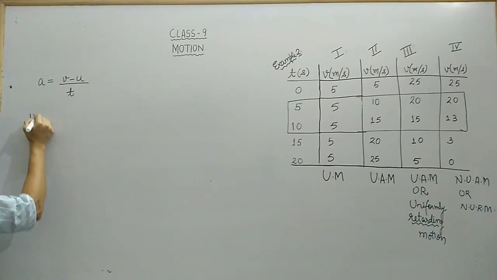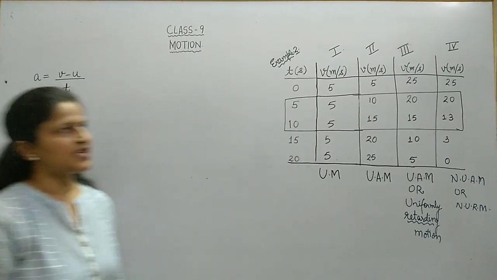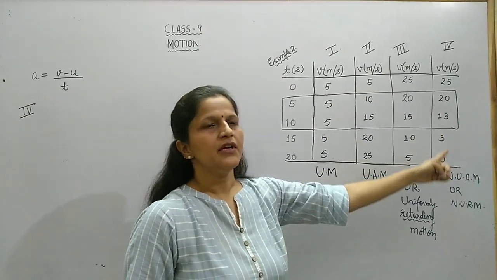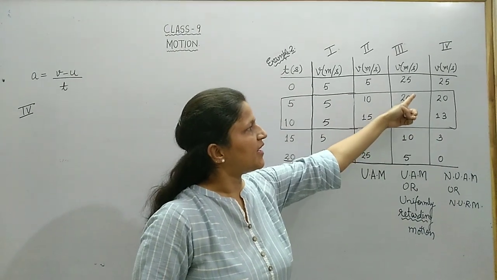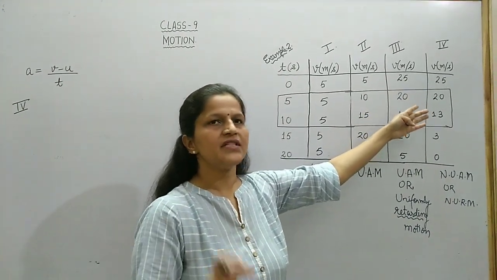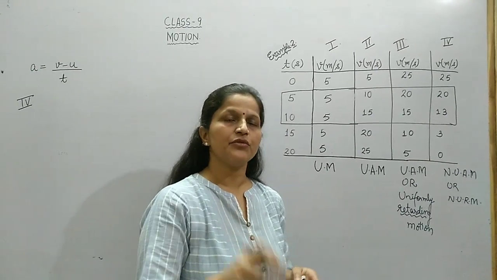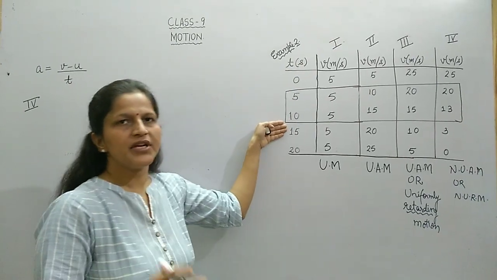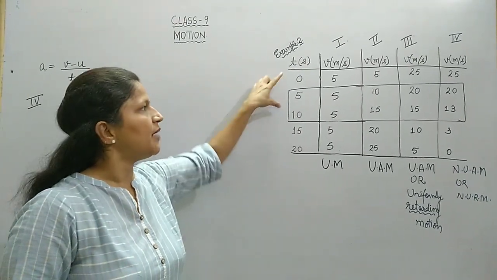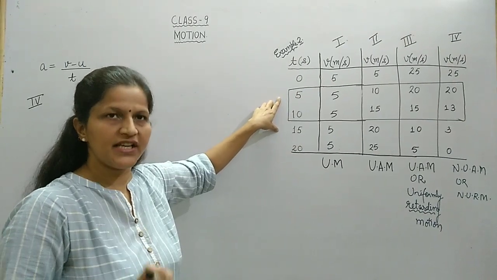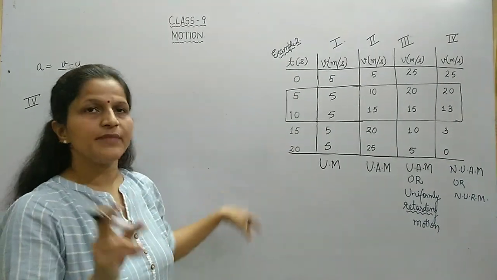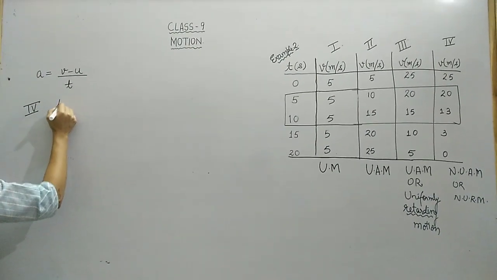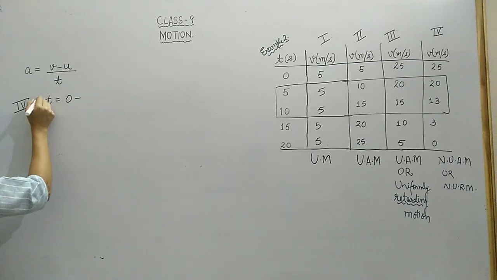Coming to the fourth example. In the fourth example, we have seen that the velocity is changing by unequal amounts in equal intervals of time. So to understand this, we will be taking 2 time intervals. The remaining time intervals, I advise you to try out yourself. I am calculating the acceleration in the time intervals 0 to 5 seconds and 5 to 10 seconds. Here we will see that the value of acceleration will not be the same, and in the remaining time intervals you work out and see what values come.